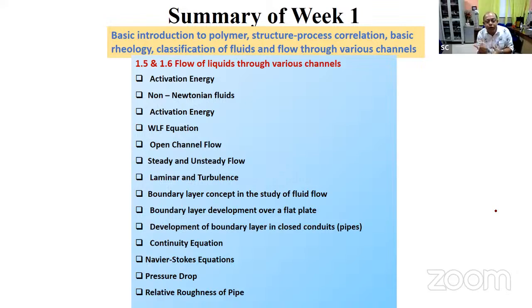And then open channel flow, the steady and unsteady flow, and most importantly, laminar and turbulent flow, okay, which you can discriminate by a number which is known as the Reynolds number. Above the critical Reynolds number, the flow is supposed to be turbulent, and below that is laminar. But for polymer, imagine one thing: it has a very high viscosity. So in order to achieve turbulence, it's very, very difficult. The velocity is going to touch upon almost the escape velocity. So you cannot really achieve realistically the turbulence for a high polymer, whether it's molten or in the solution